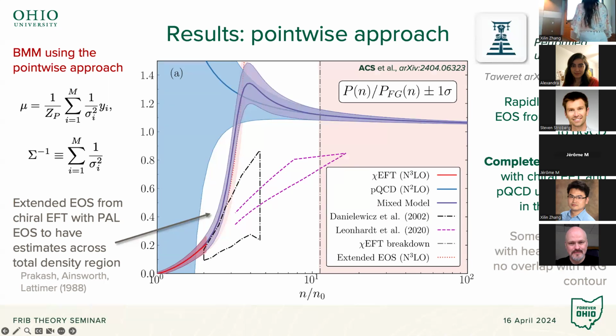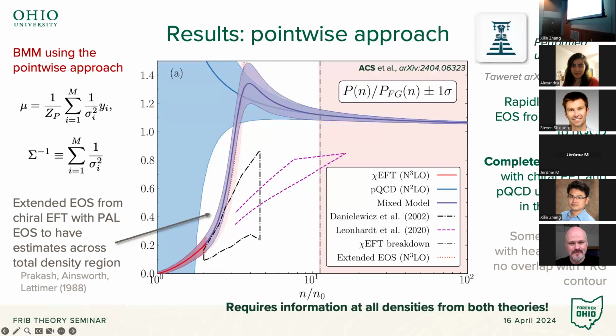So you can see that this is rapidly increasing because it is following this smaller error band here that is much smaller than pQCD from this equation of state. And if you're familiar with what happens when you have a very, very stiff EOS like this, you can imagine that your speed of sound is probably going to be acausal. This is something that you don't want to see here,